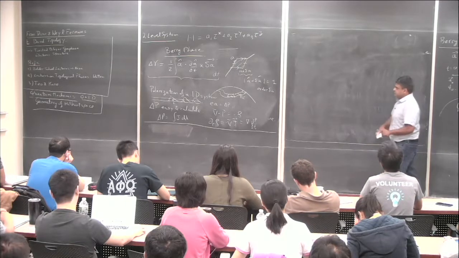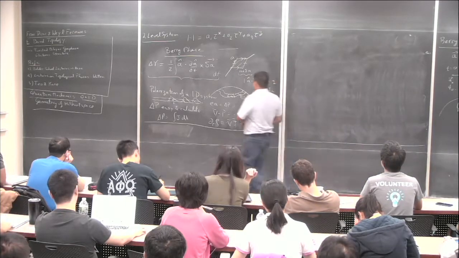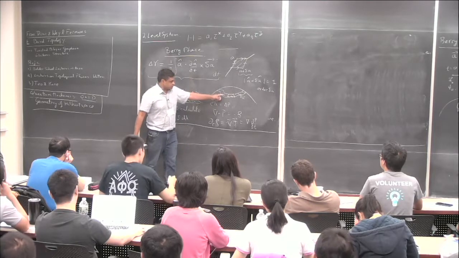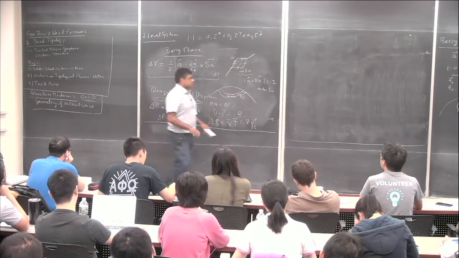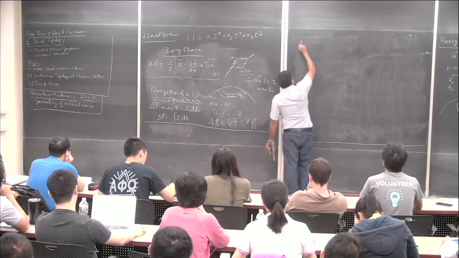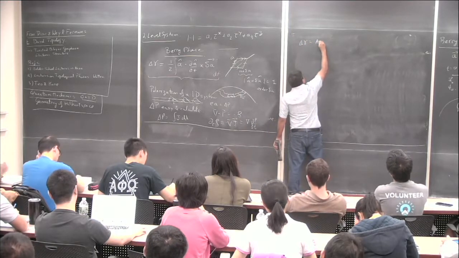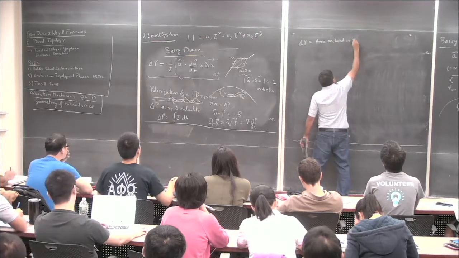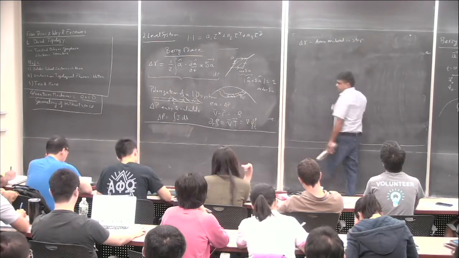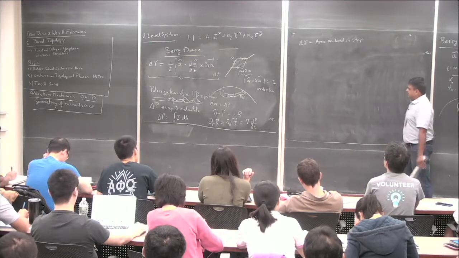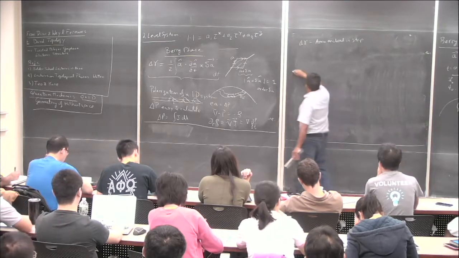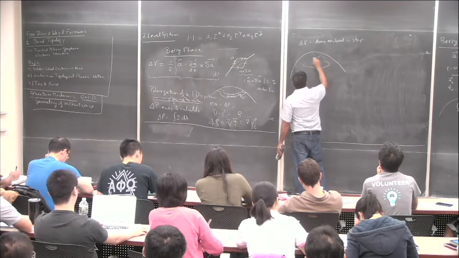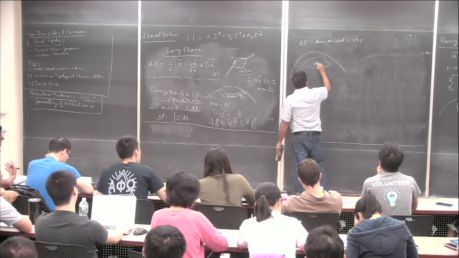If you interpret this expression physically, what it tells you is that the difference in the Berry's phase is just the area that's enclosed in the strip over here. So it's very natural to assume that the Berry's phase for any path is simply the area enclosed inside that curve.